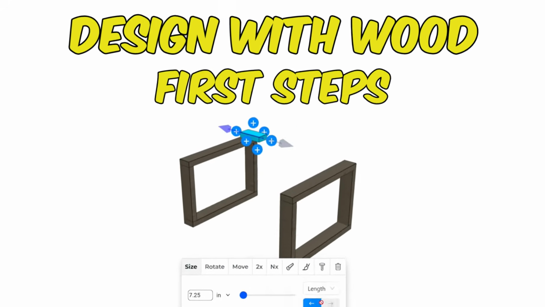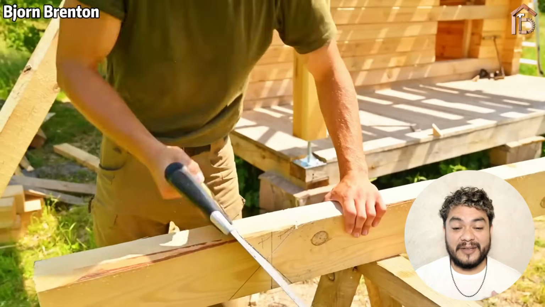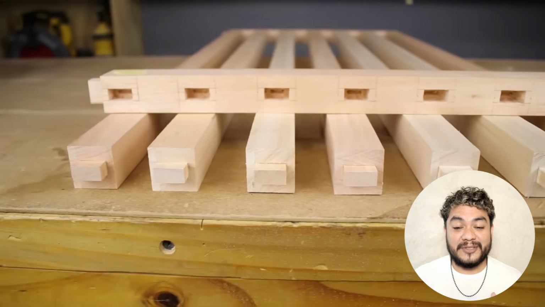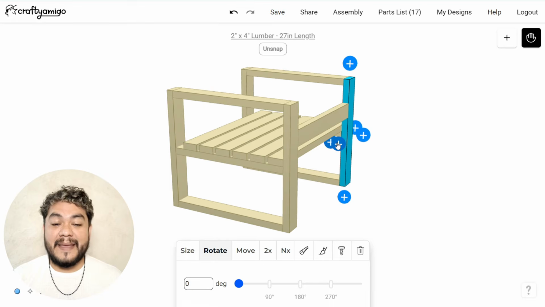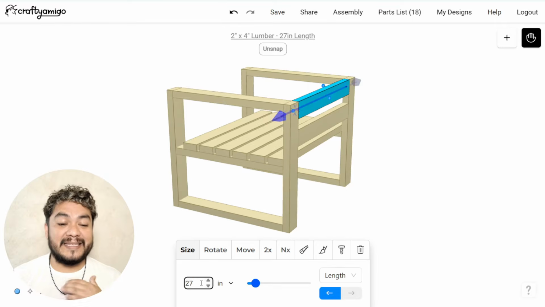Hi, in this tutorial I'm going to show you how to design your project with wood in Crafty. Wood is one of the favorite materials for creating all kinds of projects thanks to its versatility. At Crafty, you'll find everything you need to bring your ideas to life in wood and easily carry out your